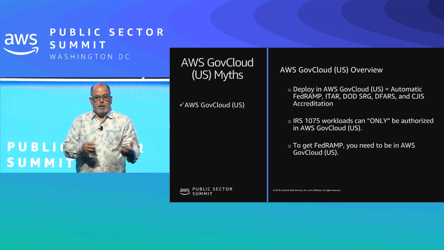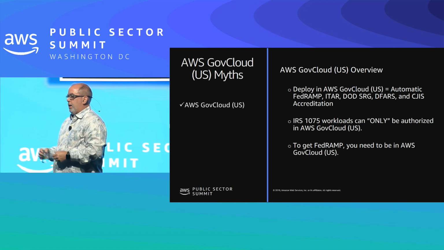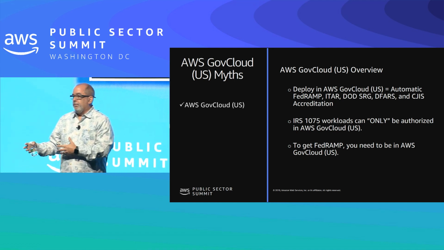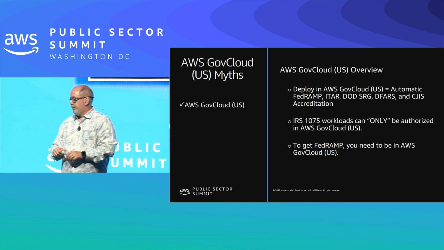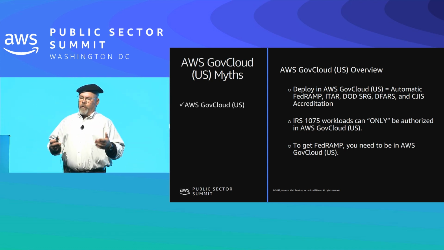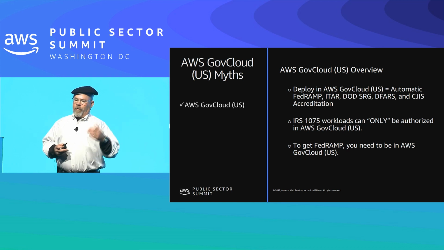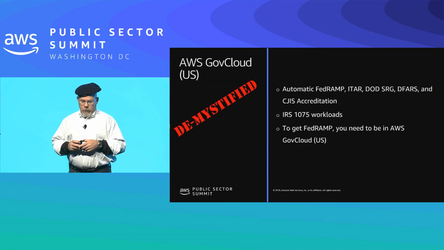If there's a specific requirement, it's usually around ITAR, citizenship or something like that, that's going to drive the location of the region of utilization, but it isn't being driven by the compliance activity. FedRAMP isn't just GovCloud. US East, US West, all four of those regions have FedRAMP. It's FedRAMP Moderate, not FedRAMP High, but not all workloads require FedRAMP High. On the DoD SRG side, they all have a provisional ATO for impact level 2. If you need to go higher, then that's where GovCloud would be much more applicable to what you're doing.